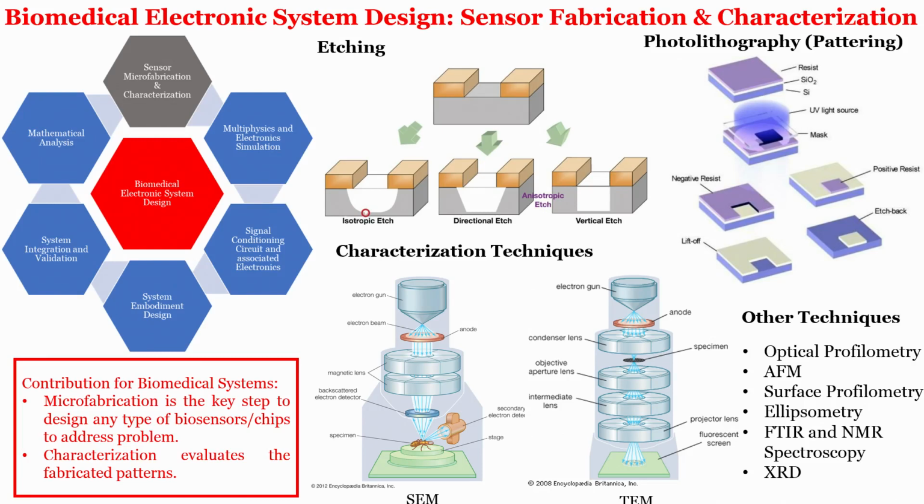So, etching techniques like dry etching and wet etching. In dry etching we use reactive ion etching or deep reactive ion etching. In wet etching we use different chemicals, right. For example, for silicon etching, we use KOH and TMAH, potassium hydroxide and tetramethylammonium hydroxide. TMAH is done at room temperature or 25 degrees centigrade, while KOH is done at 80 degrees centigrade to increase the etching rate compared to TMAH.